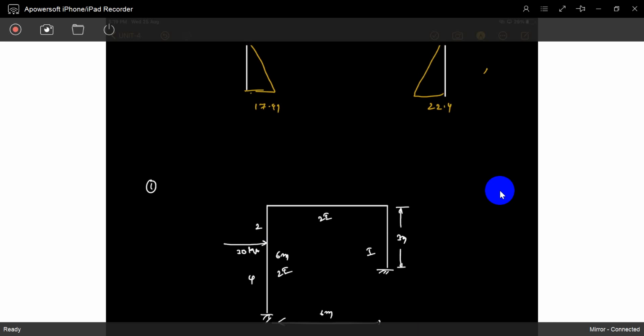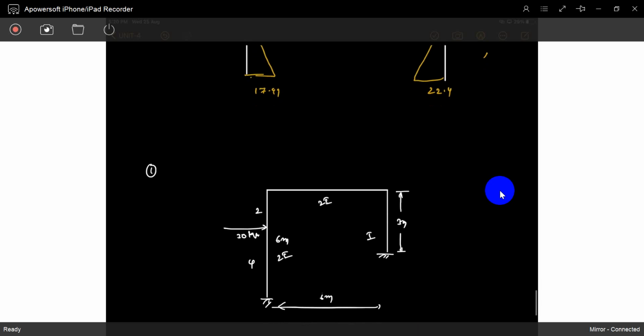So no other loading. If the loading is not acting on the joint, if it is acting on the joint, there are no fixed moments at all, and we take it as direct sway analysis, like what we did in the previous class. But if it is acting in between, it is considered as a loading on the beam, and it also gives some sway, a horizontal force also.